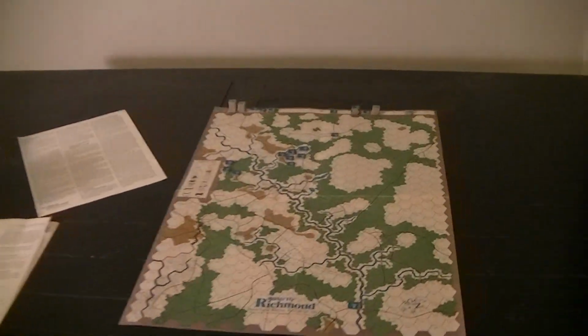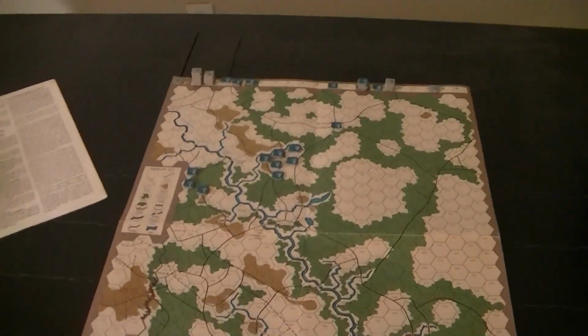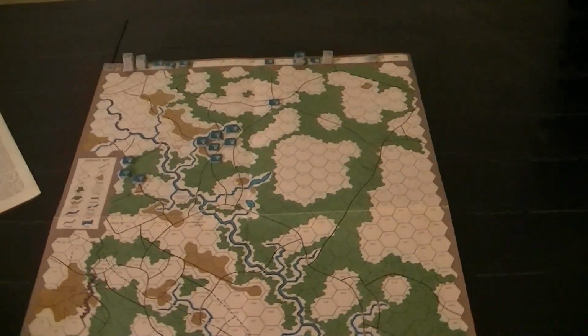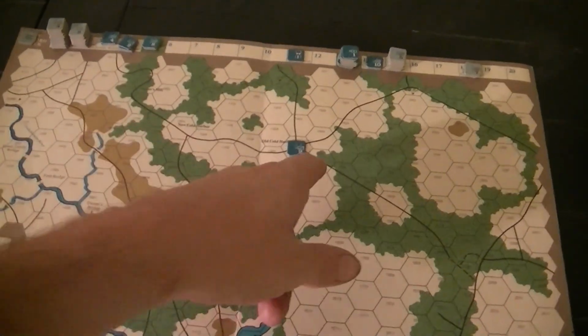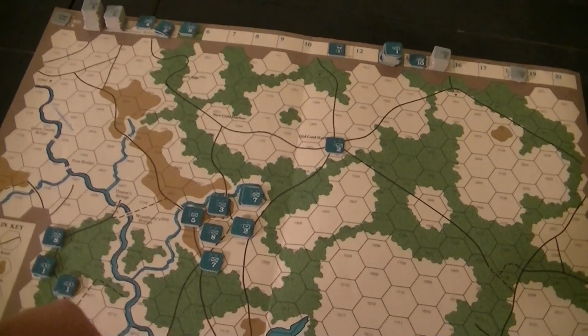Okay, this is the road to Richmond. It covers the 7 days battles, but not the whole thing. Just a few battles here. Let's see, we're in the Cold Harbor, and